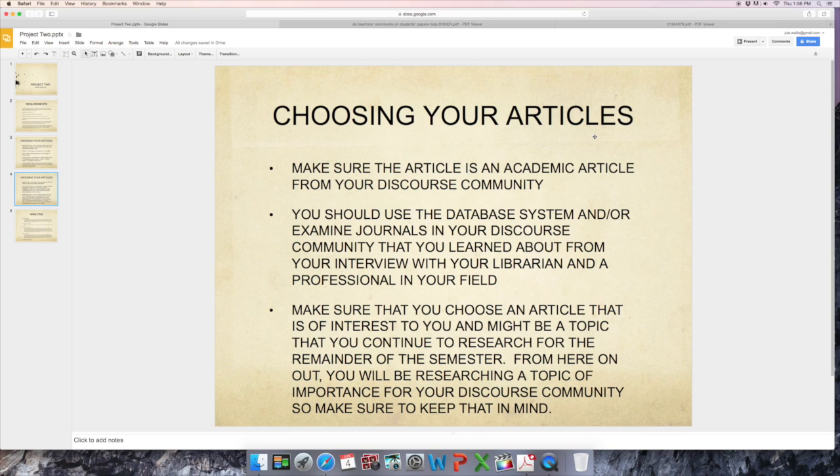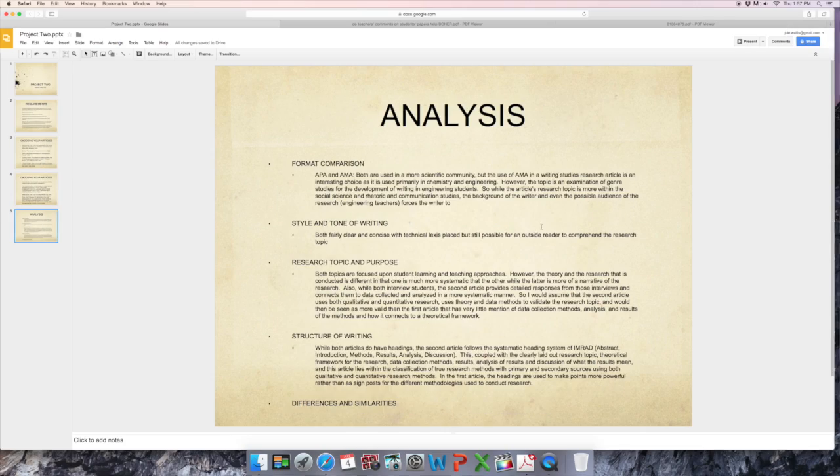So it would behoove you to find an article that connects to the research topic that you are interested in researching for the rest of the semester, because you'll already have a source for your final project, which is a research proposal, and a very good understanding of that source for use within your writing. Now, the analysis of